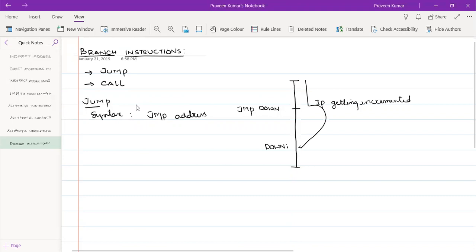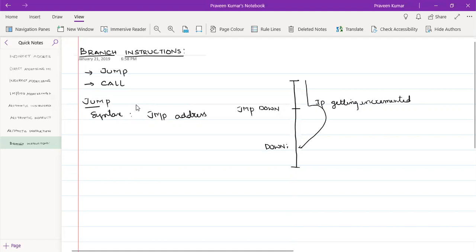Here at some instruction, we want to jump to some other instruction in the same program. Next to the instruction jump, we write the label. A label is marked with a colon. Here I have written the label as down.